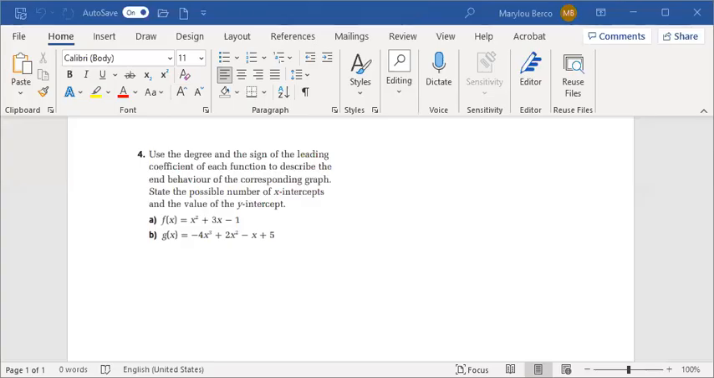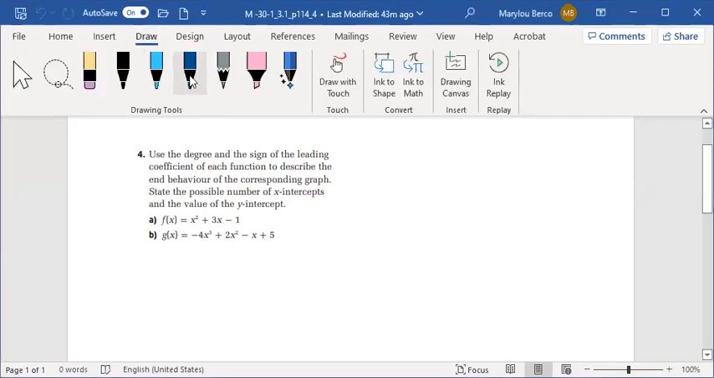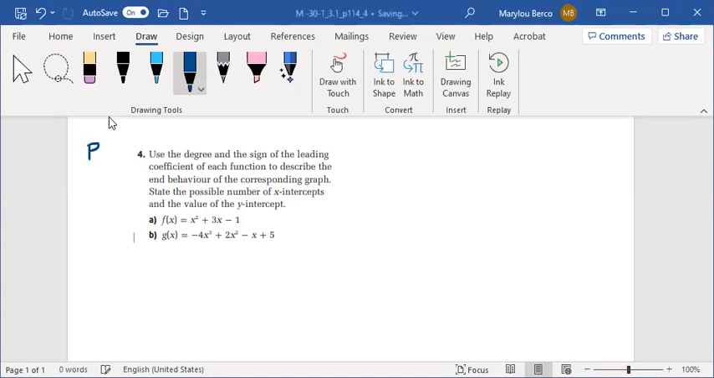Number 4 on page 114. Use the degree and the sign of the leading coefficient of each function to describe the end behavior of the corresponding graph. State the possible number of intercepts, x-intercepts, and the value of the y-intercept. Okay, so for A,